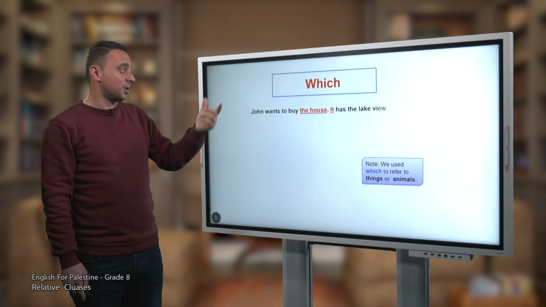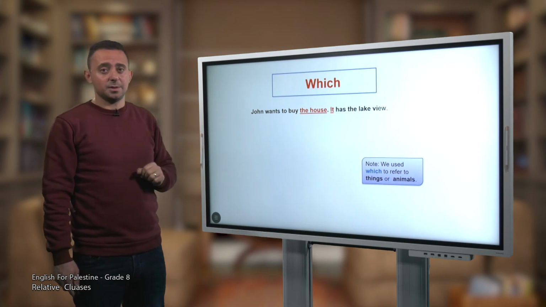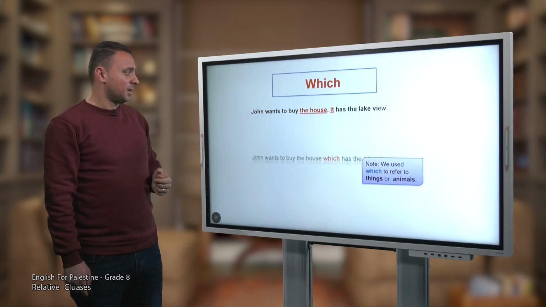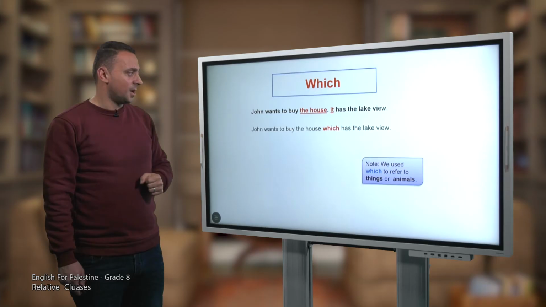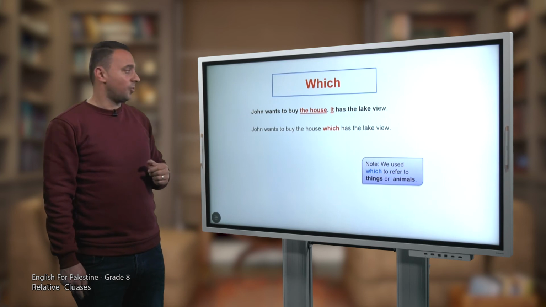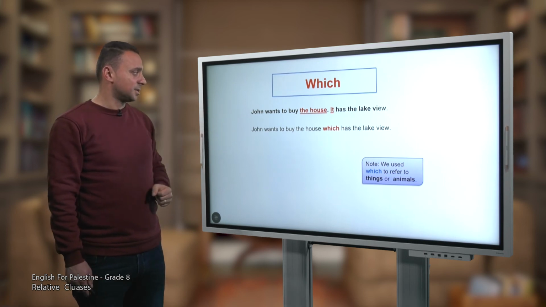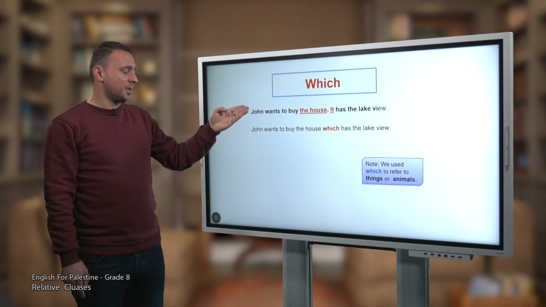It's of course which, because we have the word house, which is a thing, not a person. Now, let's join the two parts together. Let's see. John wants to buy the house, which has the lake view. What have we done here? We put the first sentence, John wants to buy the house, and then we deleted the full stop and also